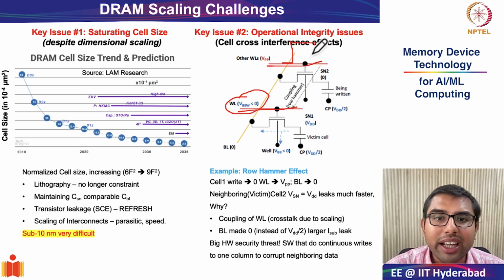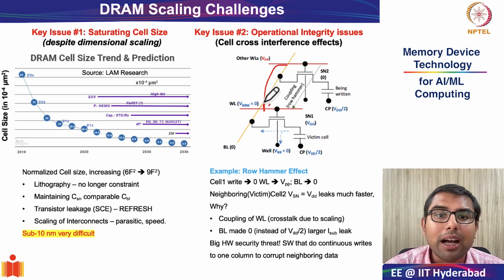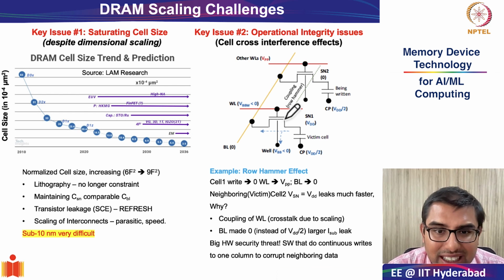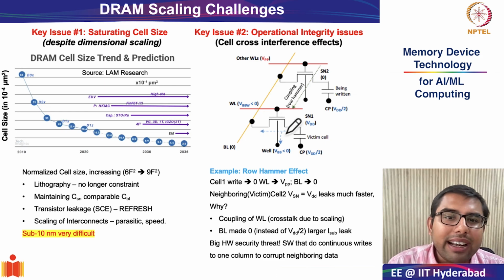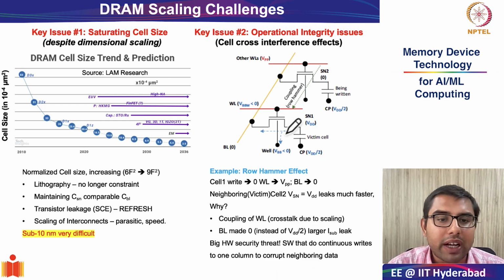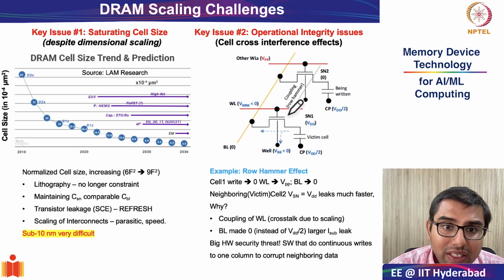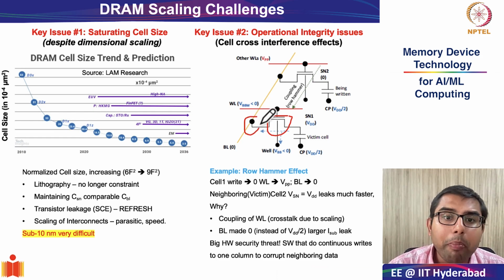But as you keep asserting the word line on the intended cell several times, it may so happen that there will be a finite coupling between the two word lines, and as a result, this transistor, which normally should be off, will be getting slightly on. Okay, so slightly on means also the leakage will be faster. Not just cross coupling between the word line. Please recall, the bit line between them is also common. If the bit line is common and this is on, and instead of making it VDD by 2, which is your natural state, if you keep making the bit line 0, the leakage will even further get hastened.